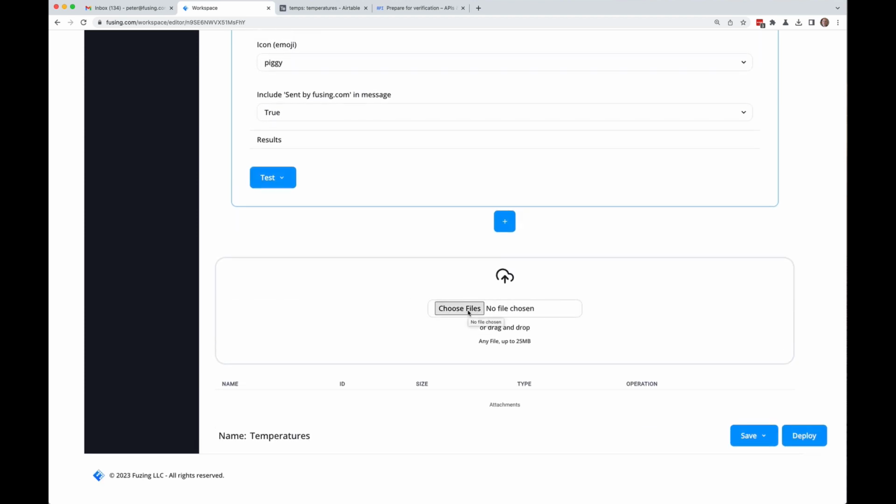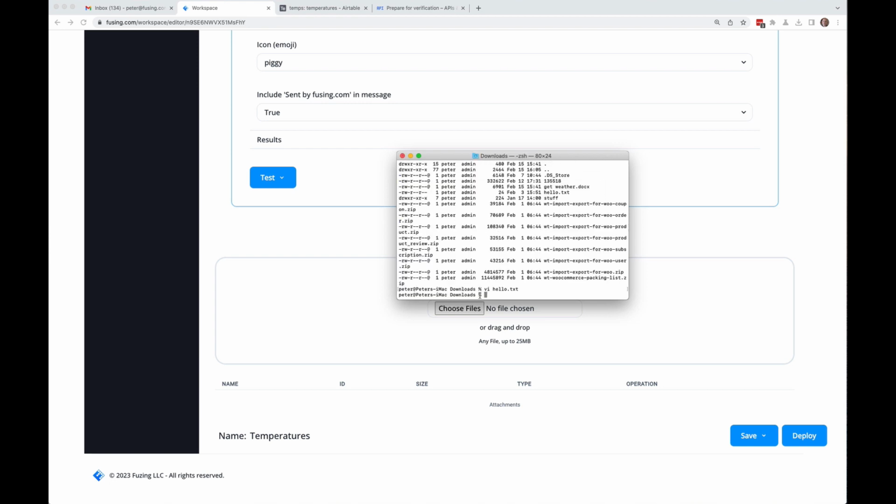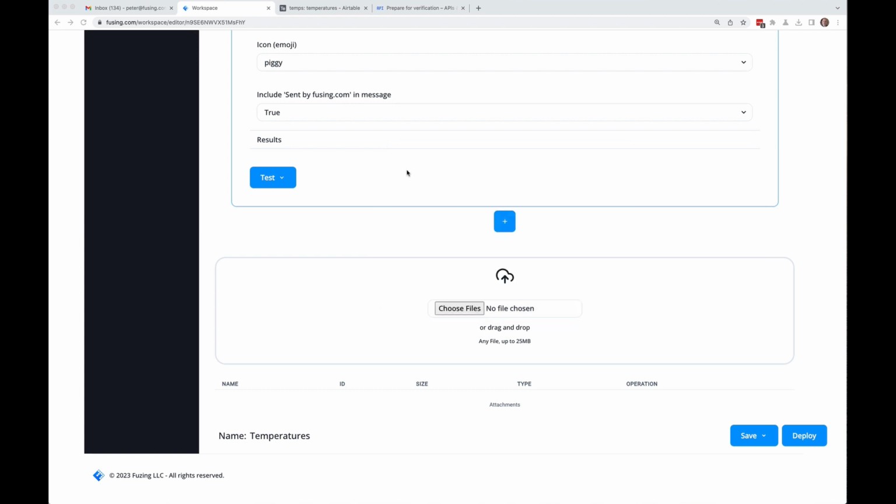The other thing is, I probably should give you a demo of file handling. I've got a file here, in my downloads folder, called hello text, which just has the word hello from file. So that's going to start sending me this thing every minute. Let's get out of that and let's send that. It says hello from file within the file. Okay, so let's go ahead and include that